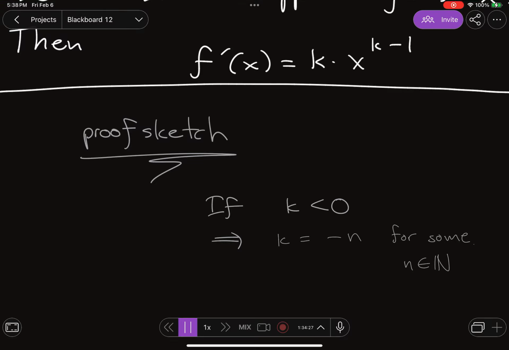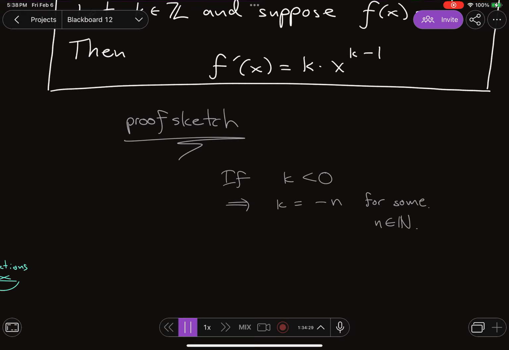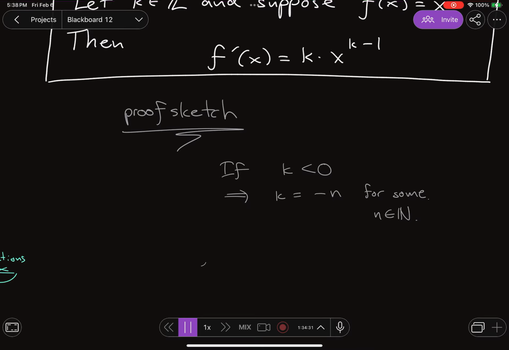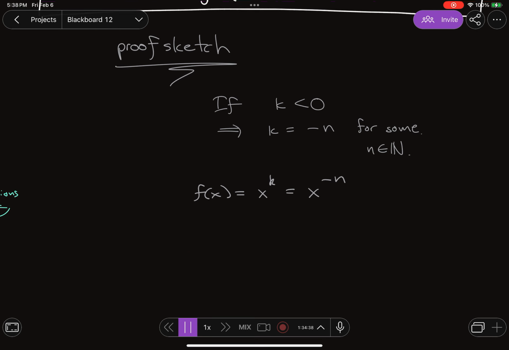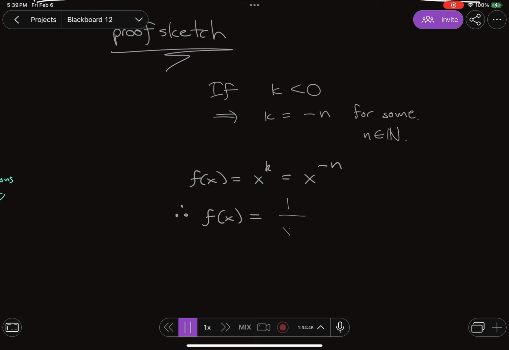And therefore, f of x would equal x to the k, which is equal to x to the negative n. And therefore, f of x is equal to 1 over x to the n, which means that the derivative,